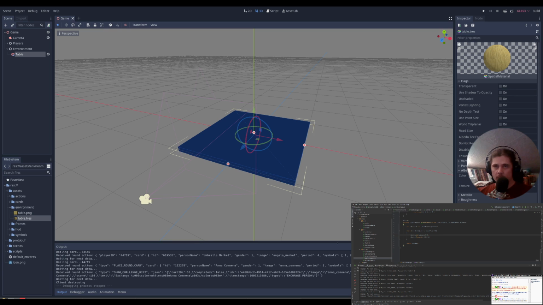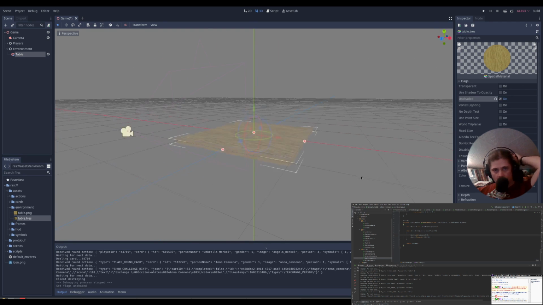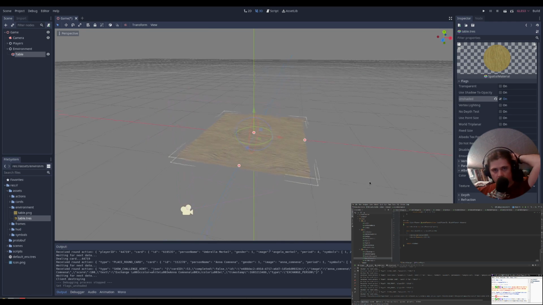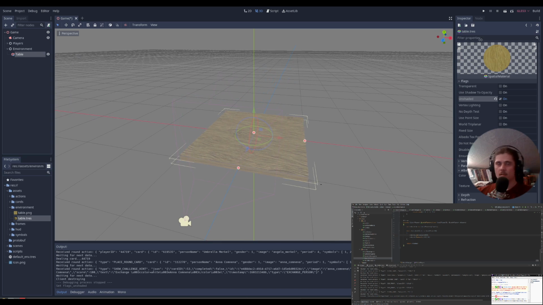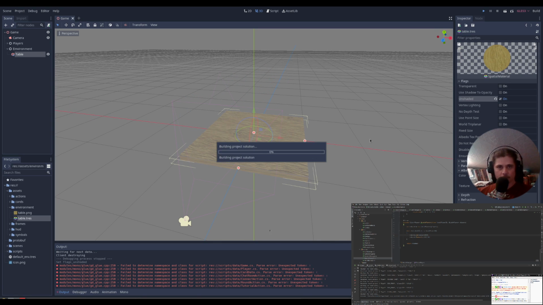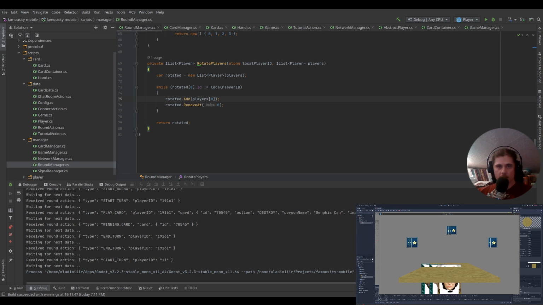Okay, let's check the material. So I have added a texture into the albedo. Let's use unshaded. Actually, yeah, that might be the issue. Basically, I don't have any lights in the scene, I guess, so that might be the issue. So that's why it was black. Let's see now. Okay, so the table is here, and we wanted to adjust the camera